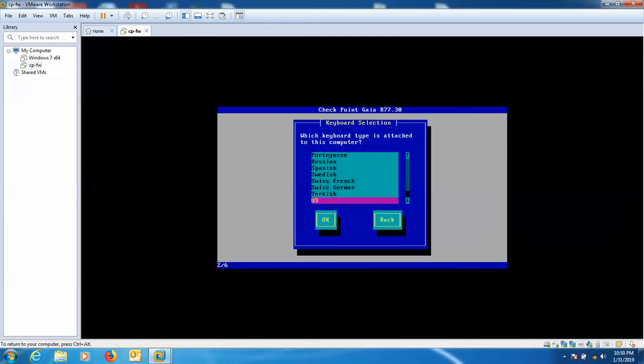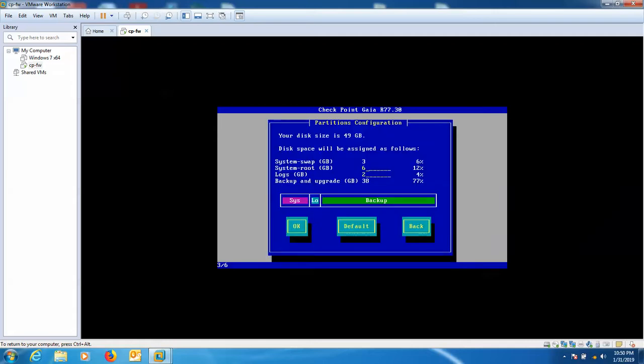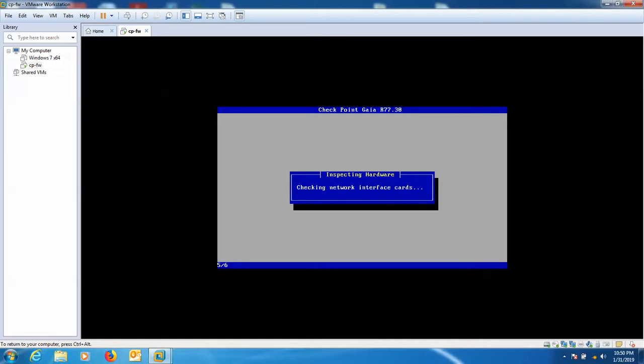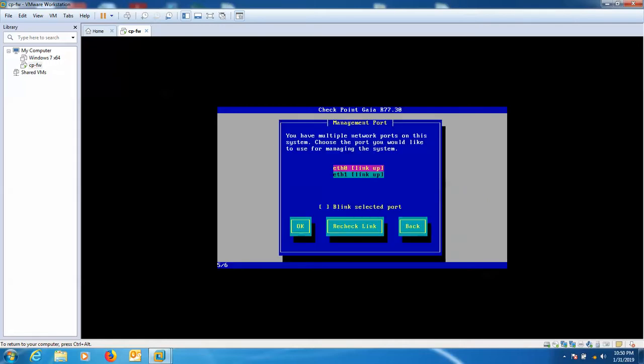Choose the keyboard type attached to this computer, US, and okay. You can enter the password, login password, admin@123, and choose the